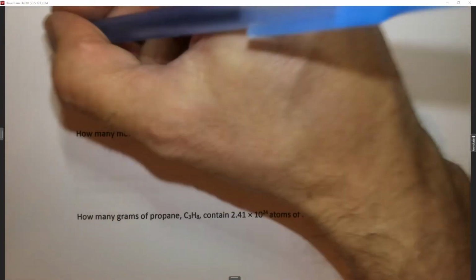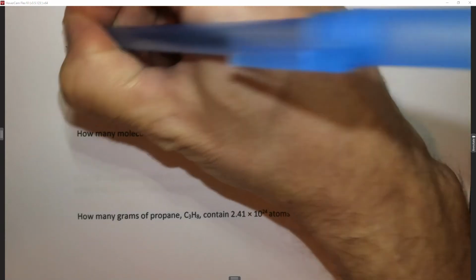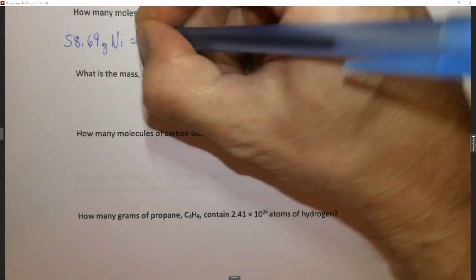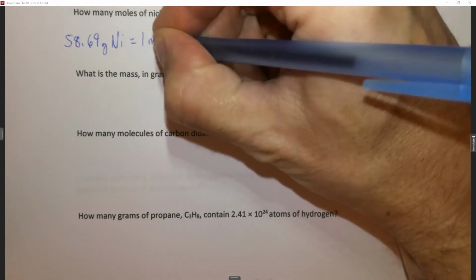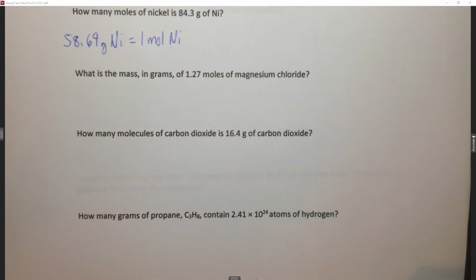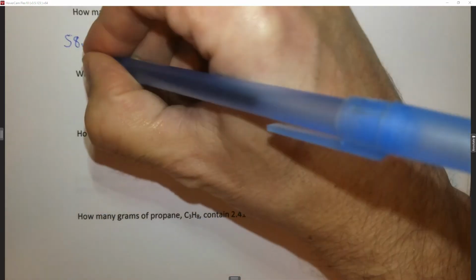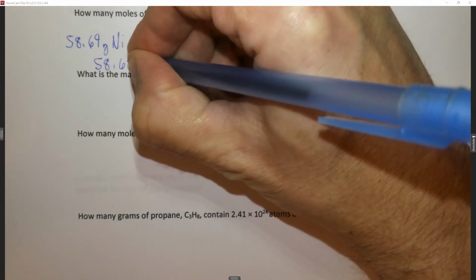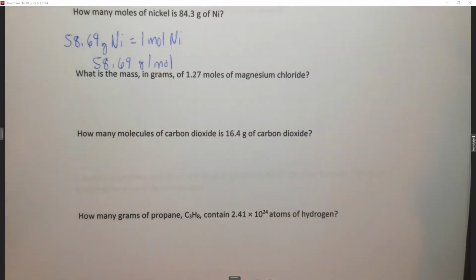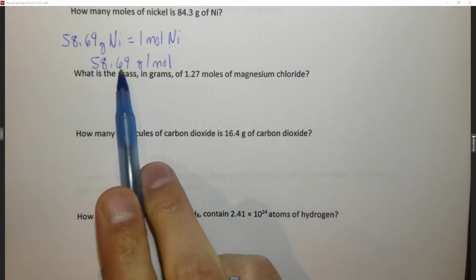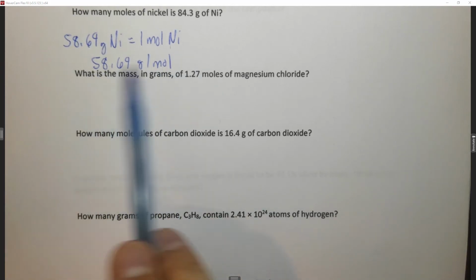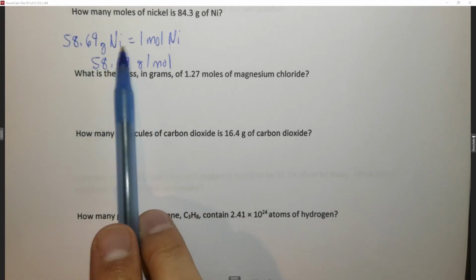And what that means is that 58.69 grams of nickel is equal to 1 mole of nickel. And another way you may see this is the molar mass is 58.69 grams per mole for nickel. So grams per mole means this many grams in 1 mole. So in this case, we're writing it as a unit, and in this case, we're writing it as a conversion